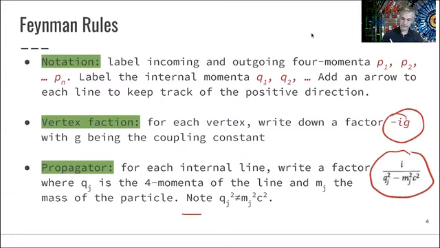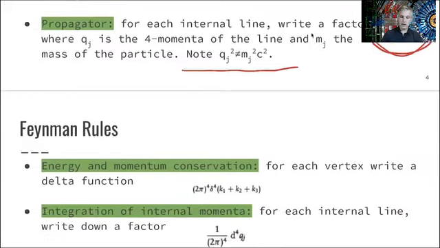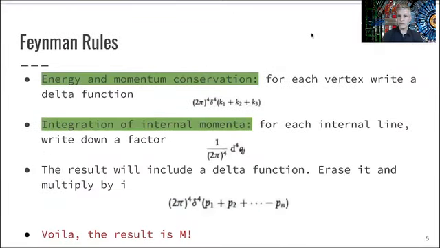Note that qj squared doesn't have to be mj squared c squared, meaning that the particle can be off mass shell. You also see that there is a complication in the integral when you actually have those factors being the same. You want to make sure that energy and momentum are conserved. So for each vertex, you write down a delta function with those